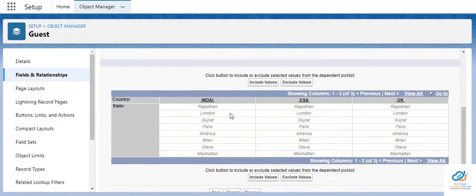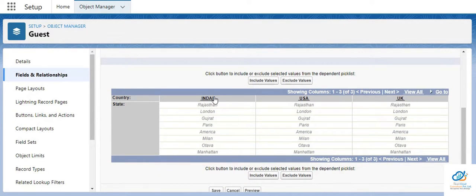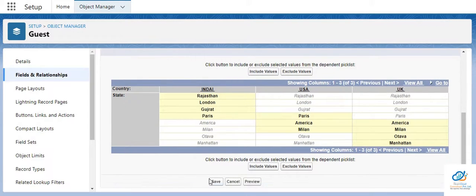Here we have to select the states. For India, we'll select this much and include the values. For USA, we'll select this much and include the values. And for UK, we'll select this much and include the values. Then we'll save this.